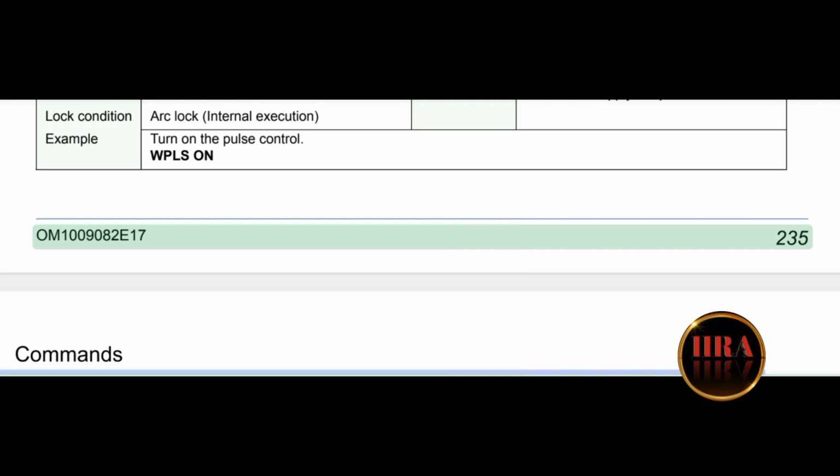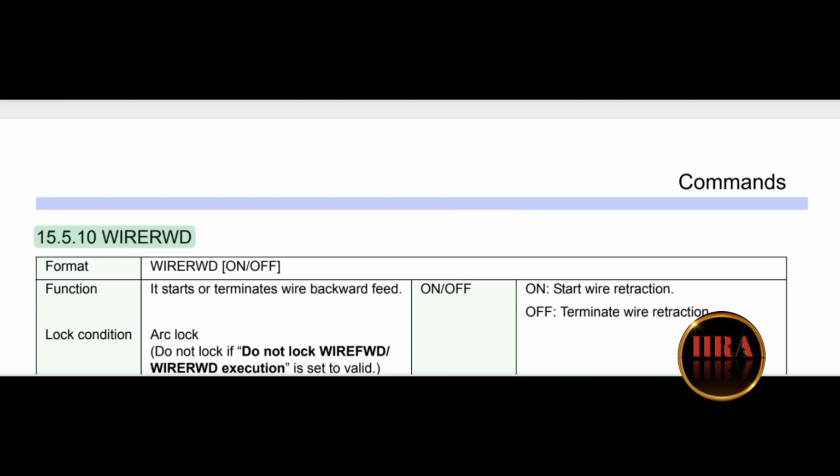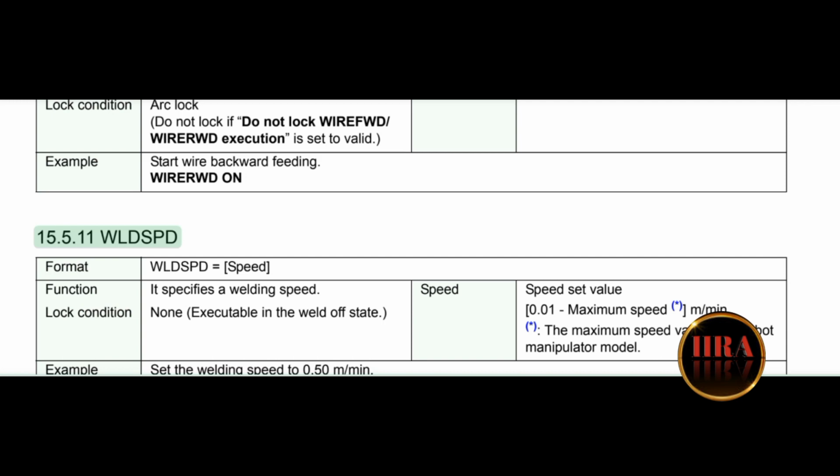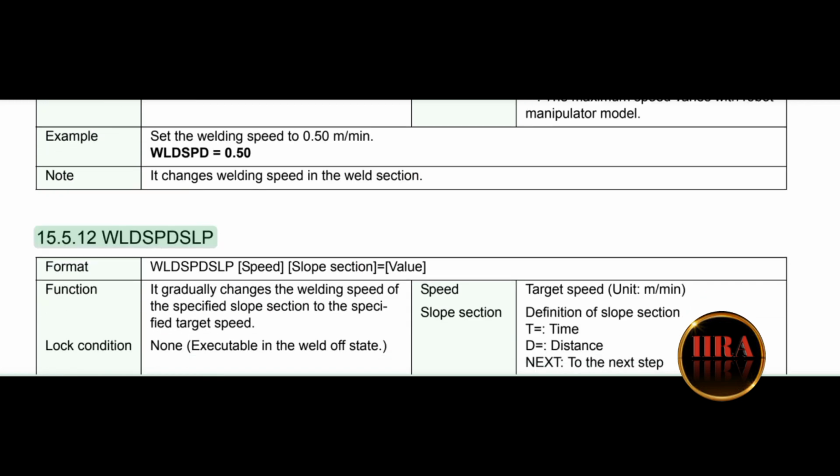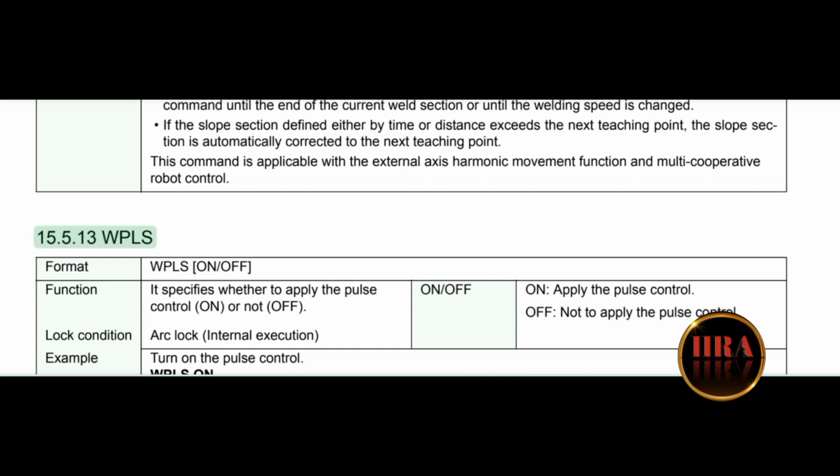OM1009082E17235. 15.5.10 WIRERWD. 15.5.11 WLDSPD. 15.5.12 WLDSPDSLP. 15.5.13 WPLS. Format: